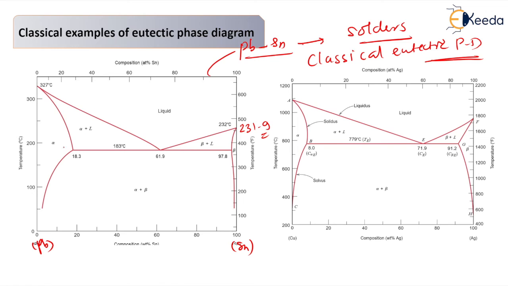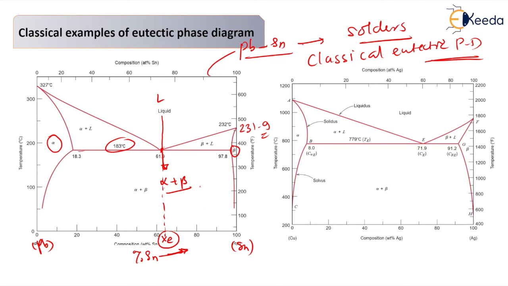So you can see here the solid solution of lead is alpha and tin is beta, and here the temperature is around 183 degrees centigrade. This is the 183 degree centigrade line. This one horizontal line definitely gives us one reaction, that is, liquid undergoes cooling to form alpha plus beta, these two solids. This is the eutectic reaction. This is the eutectic composition here, and that is the percentage of tin.